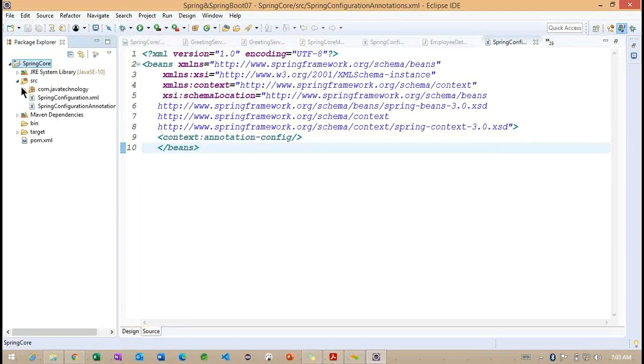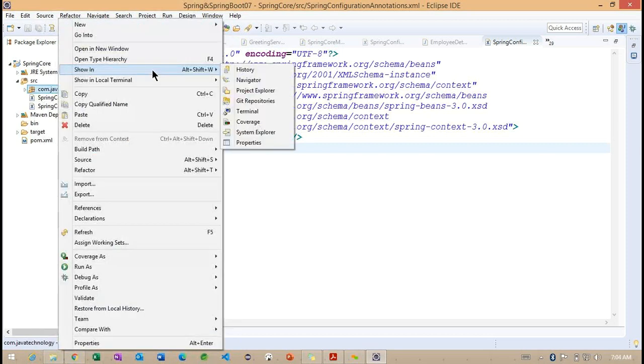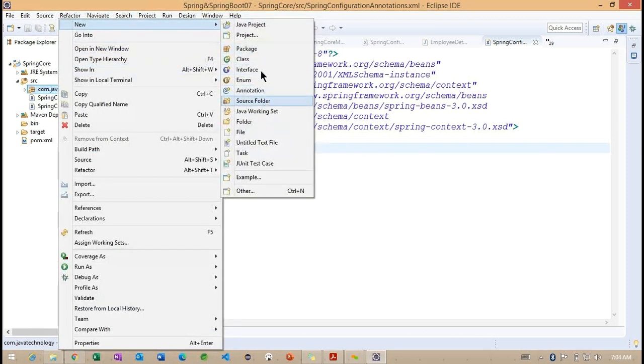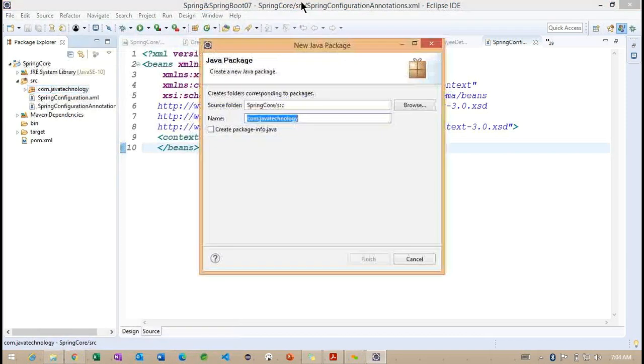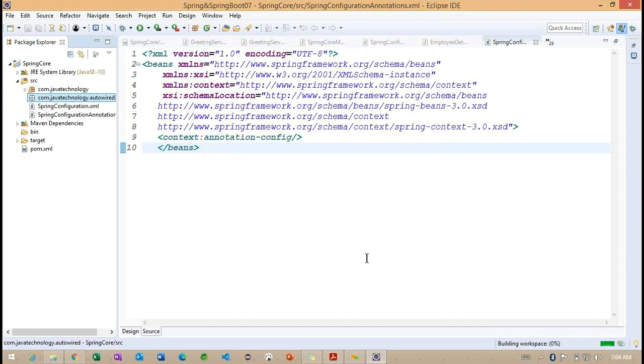To work on this Autowired annotation, we'll create a new package here, for the new examples: com.javatechnology.autowire.